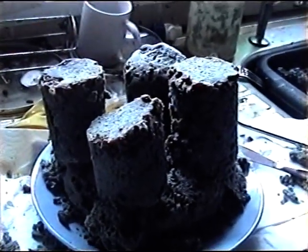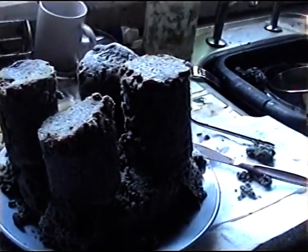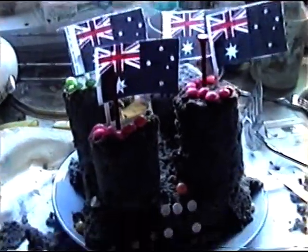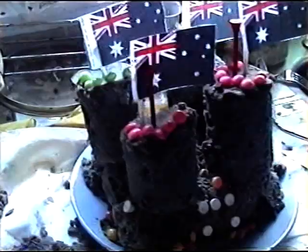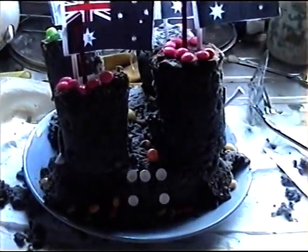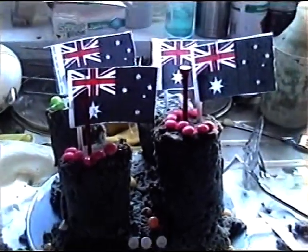Now then, I'm going to decorate this because, looking at it from my viewpoint, it's not 100% appetising, so what I'm going to do is decorate it and just give you an example of what can be done with this. The castle cake, suitable for any party. As you can see, I've decorated it in Smarties, and I put some flags on top,